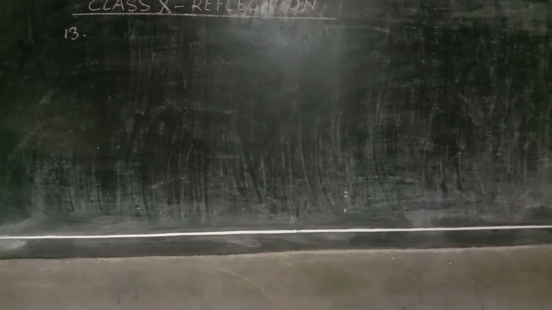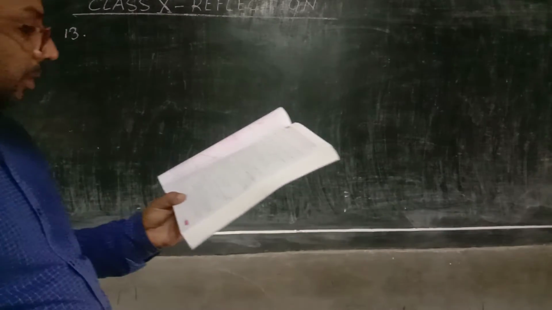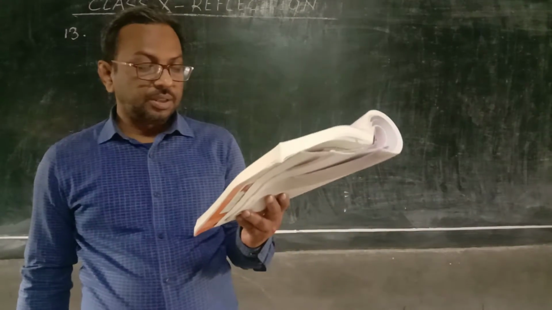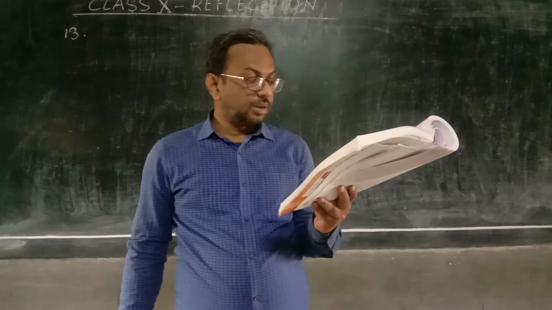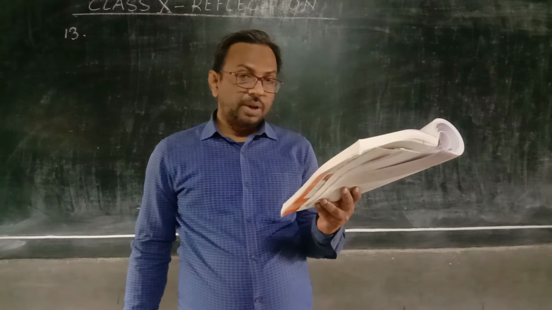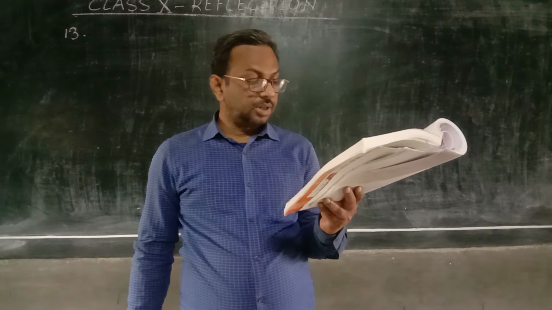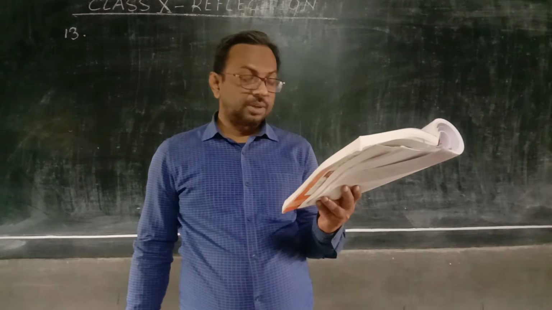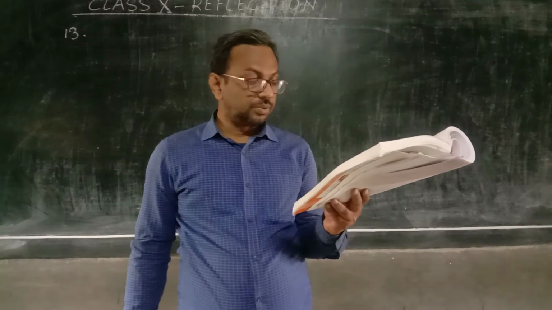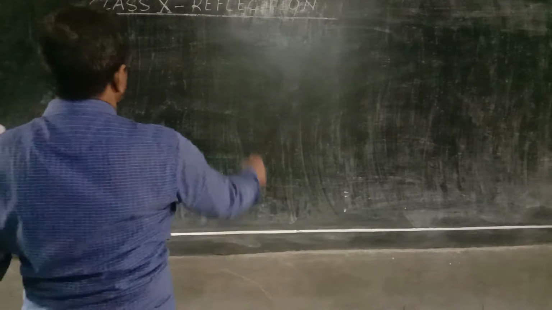In this video class of mathematics, we have already started the chapter Reflection. Let us solve question number 13. This question states that a point P(A, B) is reflected in the x-axis to P dash (2, -3). Write down the values of A and B. P double dash is the image of P when reflected in the y-axis. Write down the coordinates of P double dash. Find the coordinates of P triple dash when P is reflected in the line parallel to the y-axis such that x equal to 4.